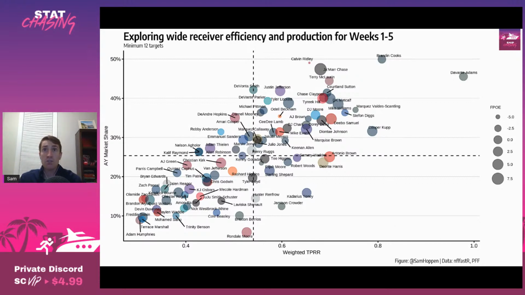So there are going to be games like Sunday where all 3 of them, or at least 2 of the 3, can hit. Obviously, Godwin didn't have a great game, but I think the point still holds. This is, as weird as it sounds, probably a 1A, a 1B, and a 1C situation, but it's so tough to delineate who's who in that scenario. But let's get into it anyway.